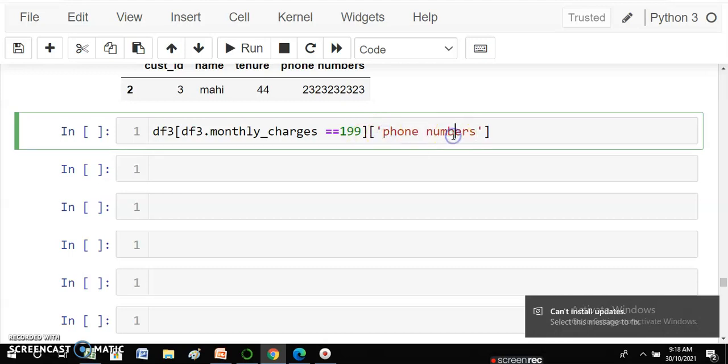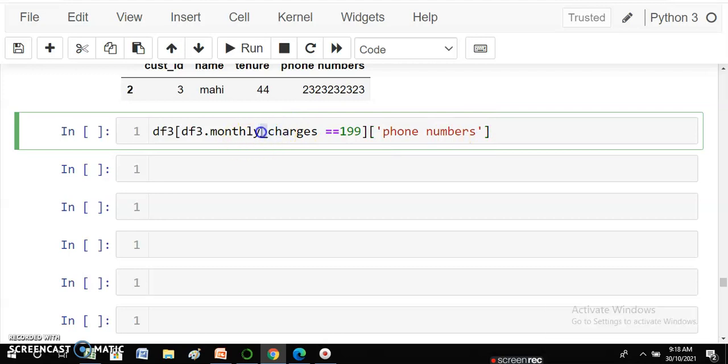You can see phone number has a blank space over here, and that is why I put it in quotes. Otherwise, if there is no blank space, it is a continuous single string. In that case we can go with the dot operator and we can very easily call any particular column. But when it comes to a column name where there is a blank space, in that case you cannot go with the dot operator. There you have to use the quotes. To explain the difference between these two types of column names, with a blank space or without a blank space, we have to be very particular, otherwise we will end up with a lot of errors.